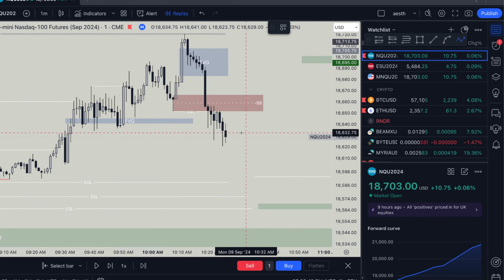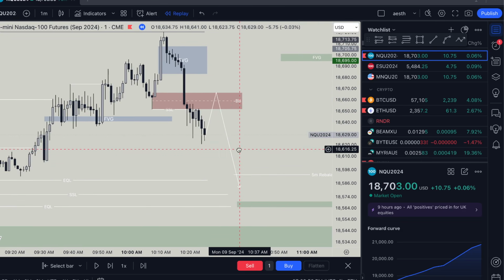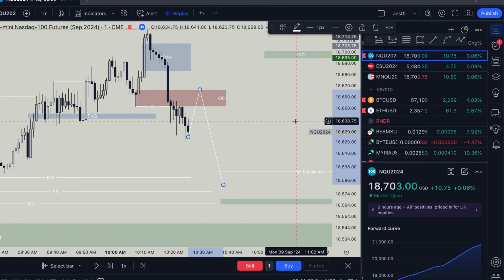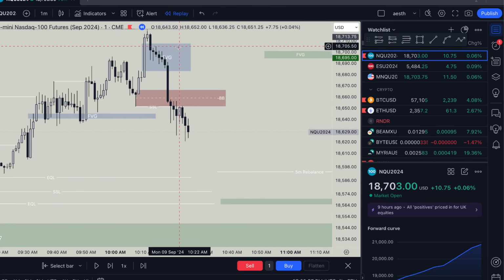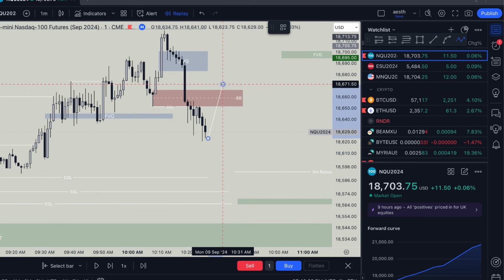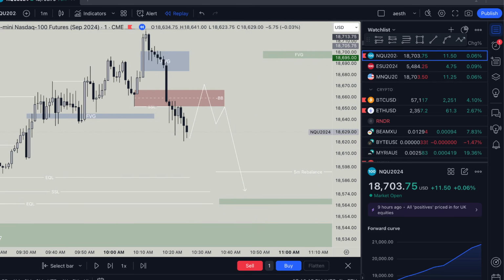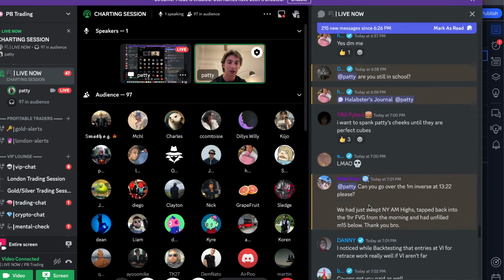So now that you get this structure, you want to wait for these retracements and then take the shorts towards the rest of the liquidity. This only helps you if you're not too confident or don't have enough conviction for an earlier entry up here, which is the blessing of inversions: you're able to catch these moves as early as possible, but you can also take them later if another entry presents itself post structure while all these targets remain. We just got no retracements here after structure, so it's unfortunate that it had to be that way. But yeah.